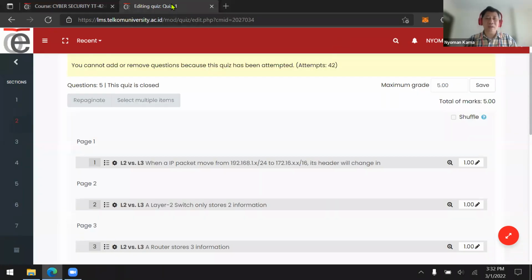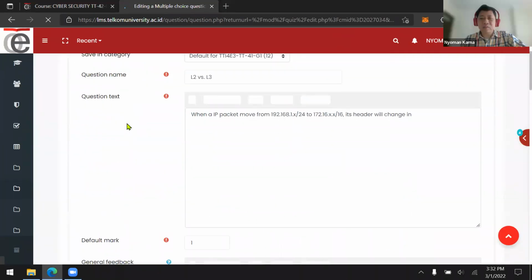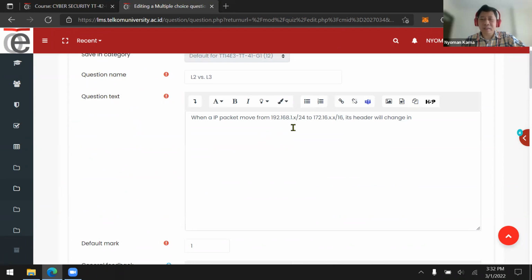Let's discuss our quiz. The first question is this. When an IP packet moves from this subnet to this subnet, as you can see, they are on different subnets.